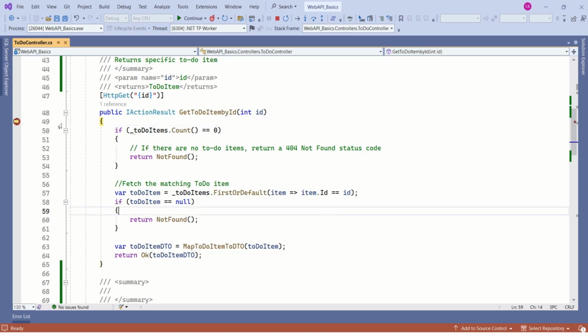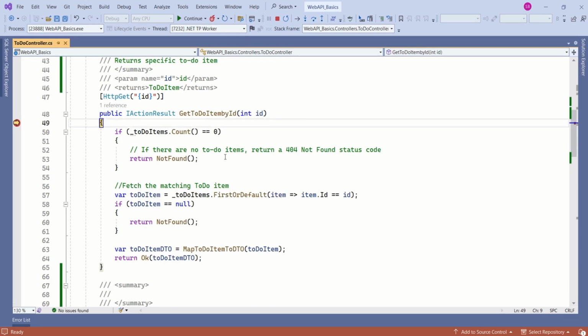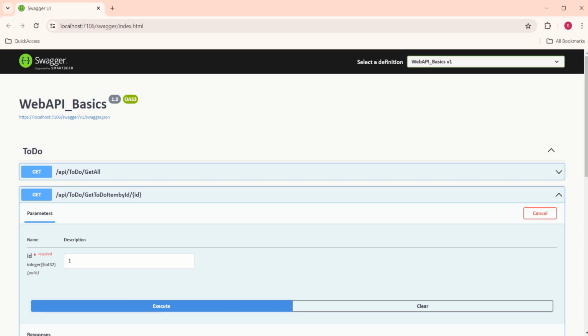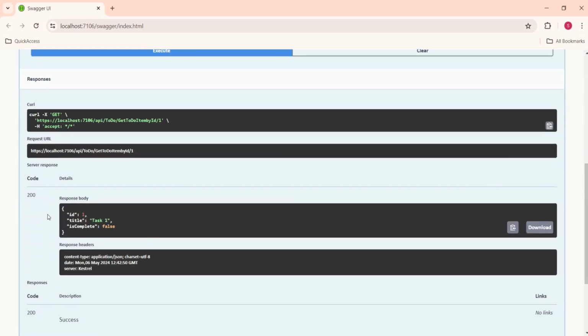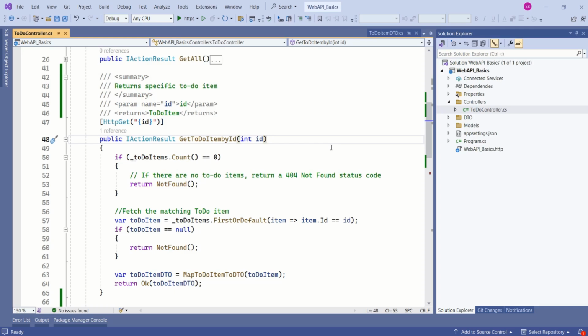See. Control has reached here. Here you can see that the value has already been mapped to this ID. We did not write any logic to do this mapping, but ASP.NET Core has something called a model binder, which has done this job for us. This value will be used by this method and it will do the processing. I'll click on continue. See? This is the response and we have fetched this particular data. This is an example of how the model binder can map a simple data type, because integer is a simple data type.